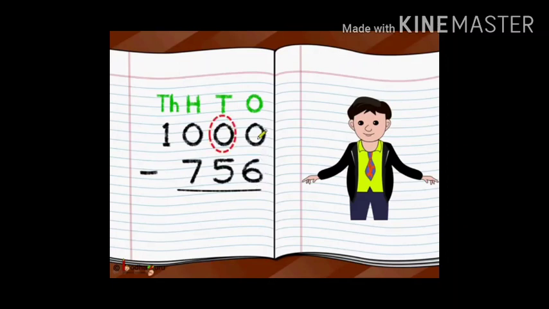And now 0 turns to its very close neighbor, that is tens. He asked the tens, "Can I borrow from you, tens?" He said, "Sure." Oops, but I am also a 0. I can't give you anything. Let me borrow from my neighbor, that is hundreds. So tens asked the 100, "Dear 100, can you give me a 1?" The 100 digit looks at itself and says, "Oops, I am also a 0. Let me ask my 1000 place neighbor, very close neighbor."